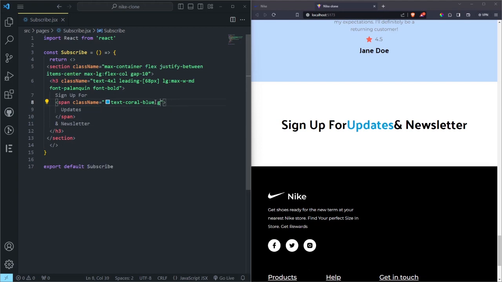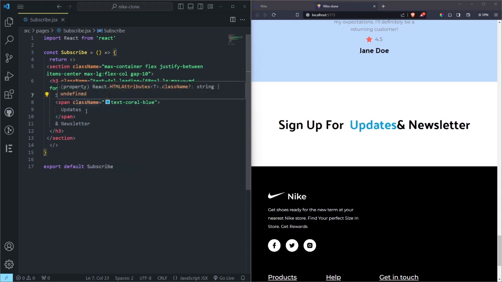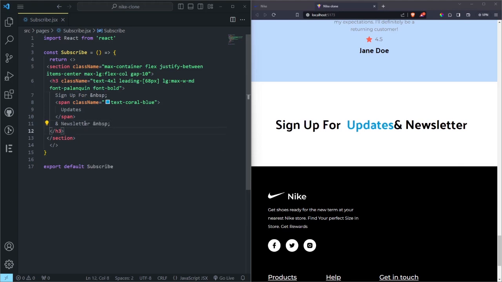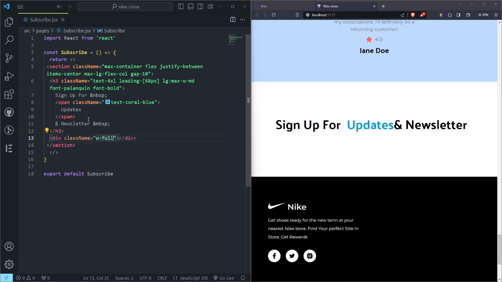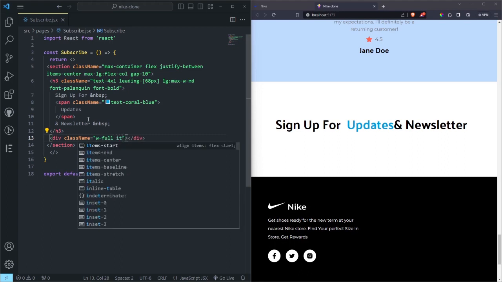So be forced to add a space. Let's just add the space in NBSP, and then do an NBSP to add a space there. Below this H3, add another div. So this div is going to be width of full first, and then what else? We can do an item center, but before we do that, let's do flex items to be center